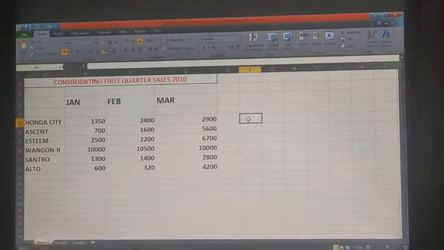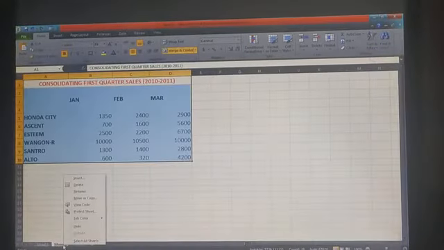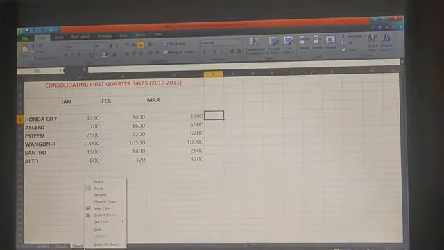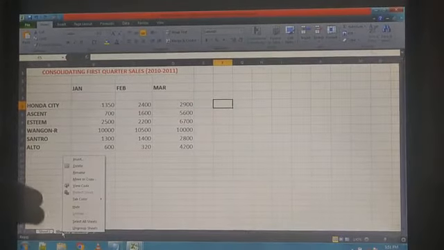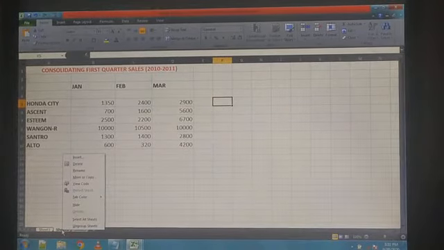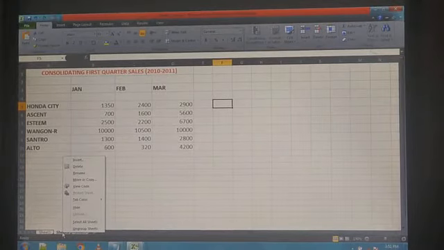Now I am right clicking on the sheet 2 tab and there is an option that is ungroup sheet. Whenever you right click on the sheet 2 or sheet 3 tab, students, you will find the ungroup sheet option.